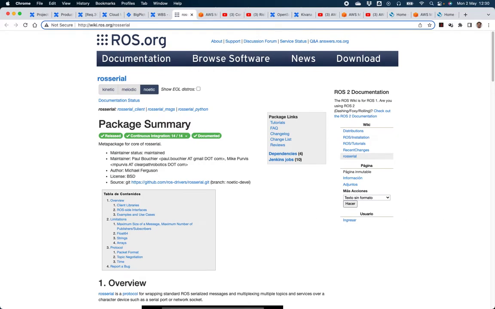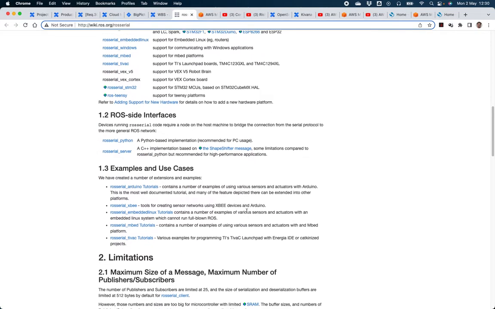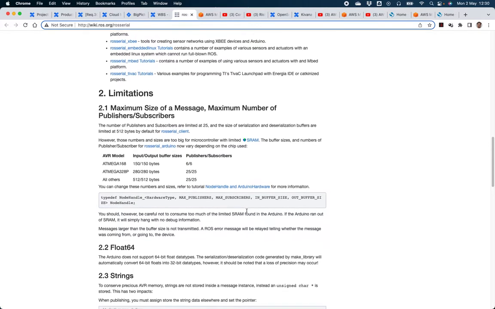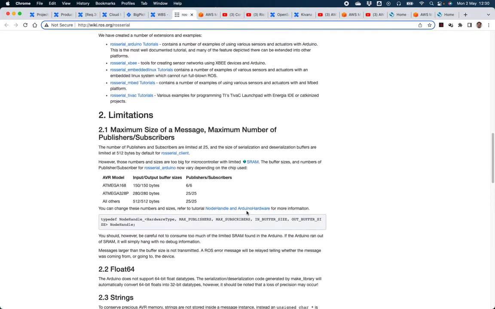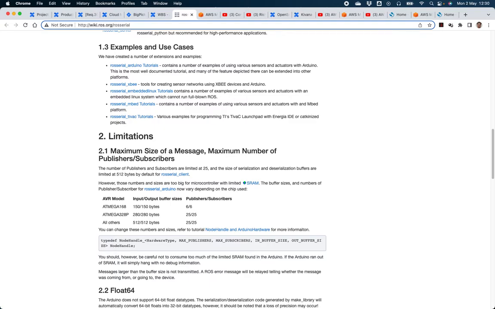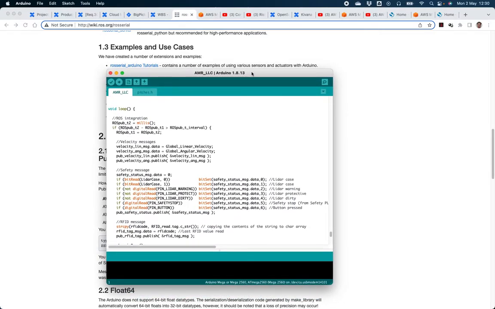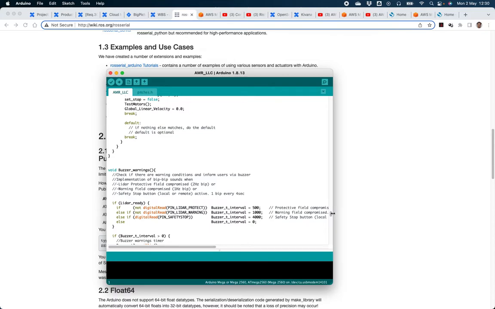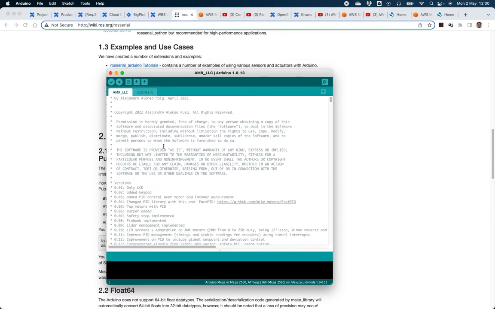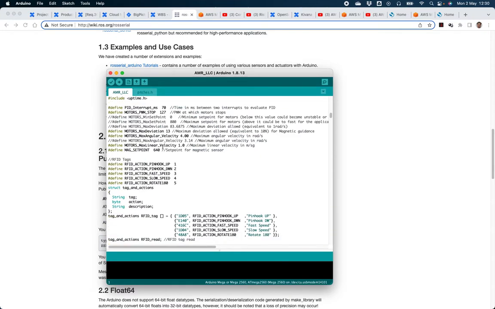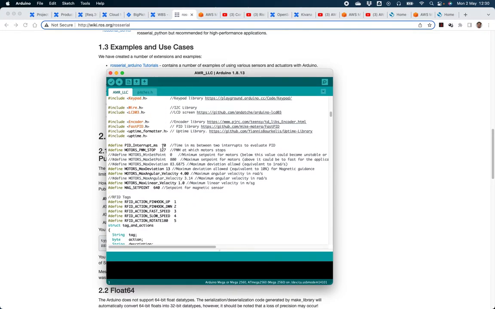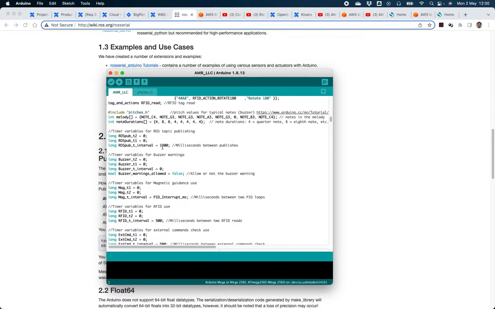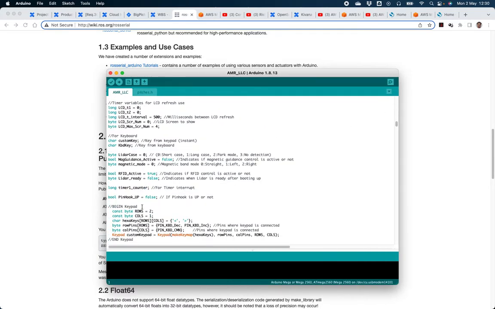Everything is explained here and it is quite easy. So how am I doing that? Really, I am taking that information from here. There are examples, you can check that, no problem. And then you just go to the Arduino device, and in that case I have the application for Arduino here, which is doing a lot of things, but what I want to show you is that in the code there are parts that are specifically for this